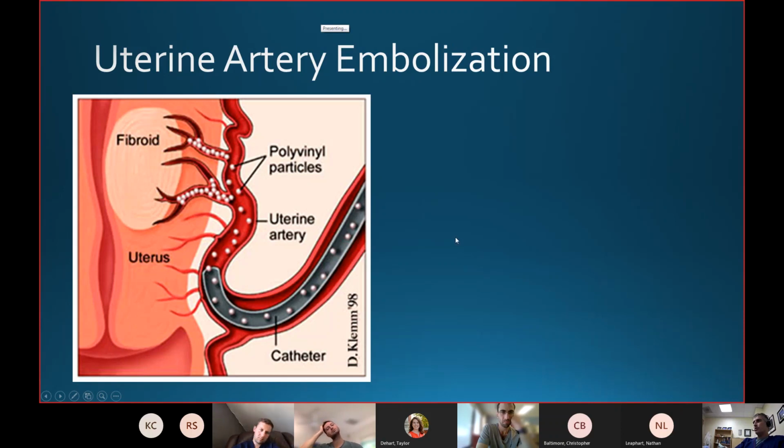So uterine artery embolization is now an accepted alternative for treatment of fibroids. We use particle embolics in this case. If you just put a coil into the uterine artery, that embolization is too proximal, and what's going to happen is the fibroids are going to recruit vessels from other areas in the uterus, so your embolization is not going to work. So what you have to do in this case, in case of a fibroid or tumor, is